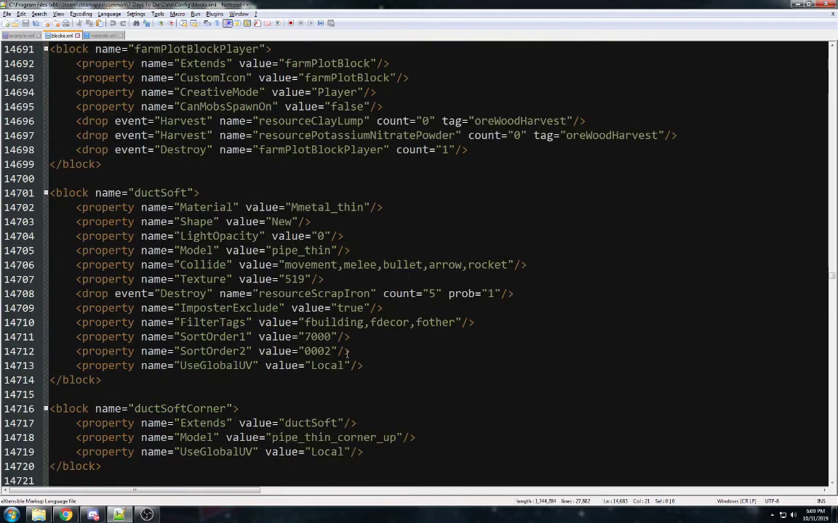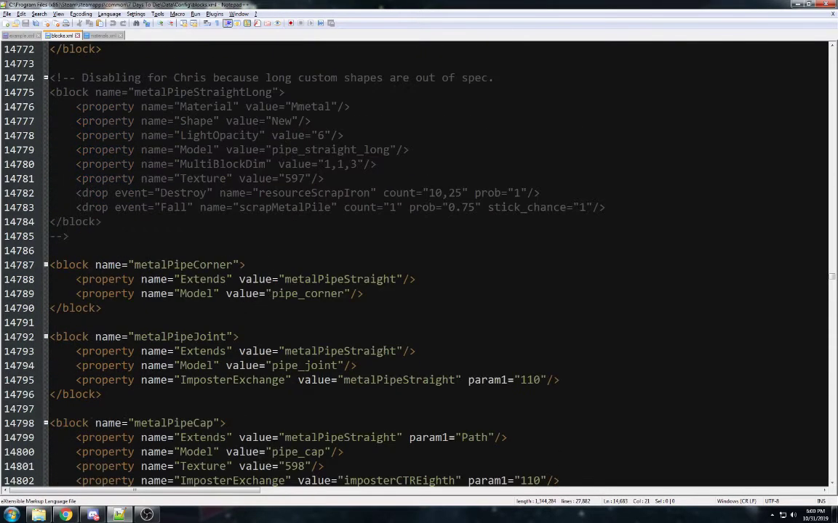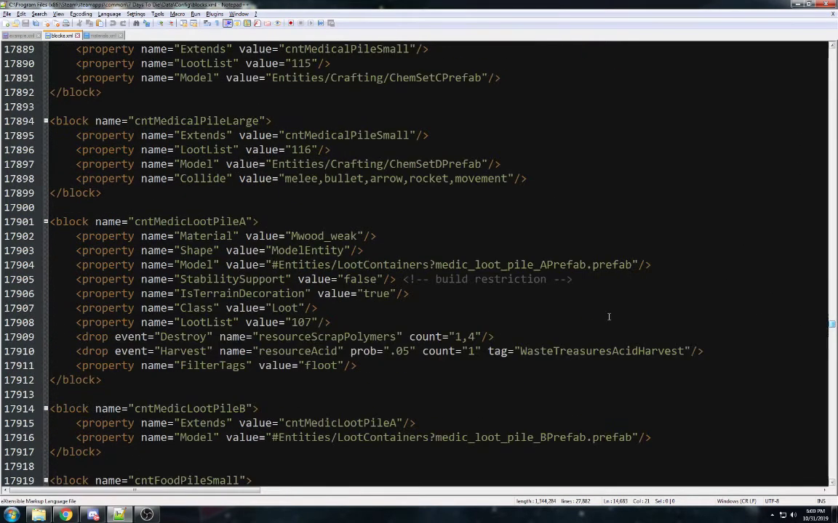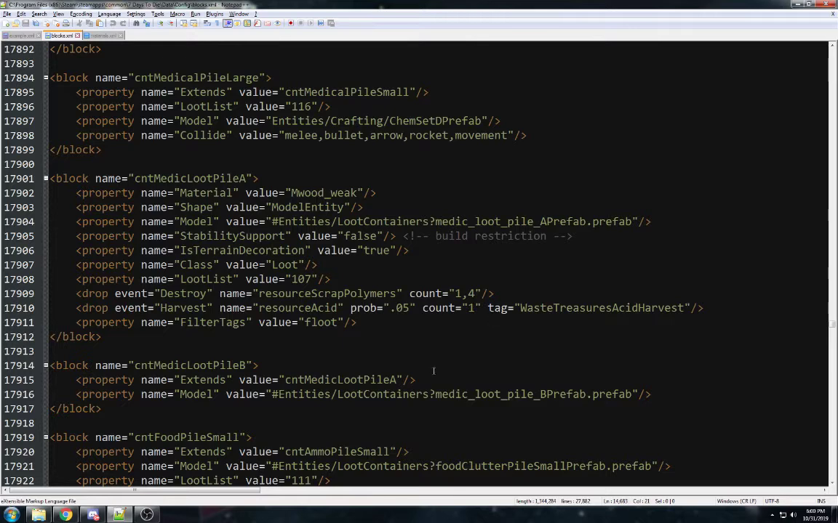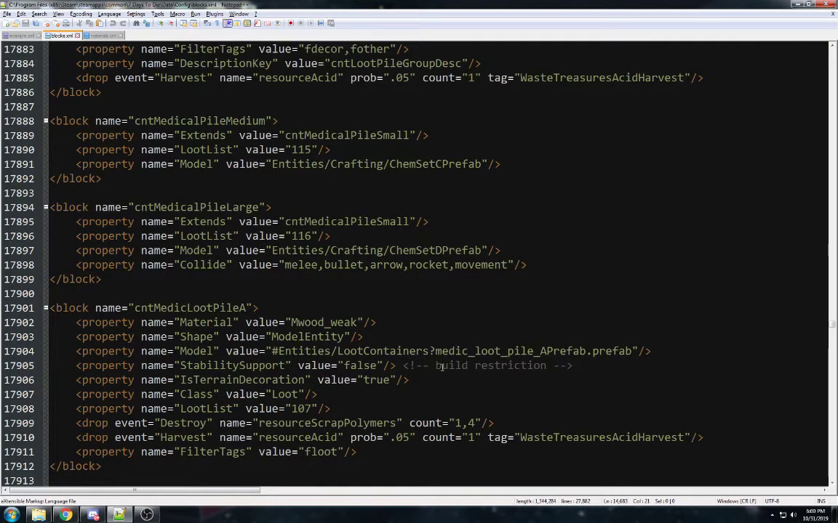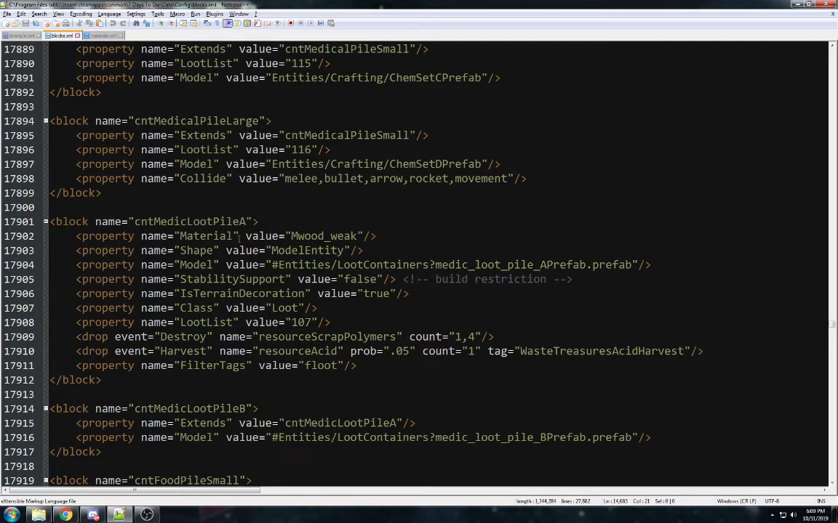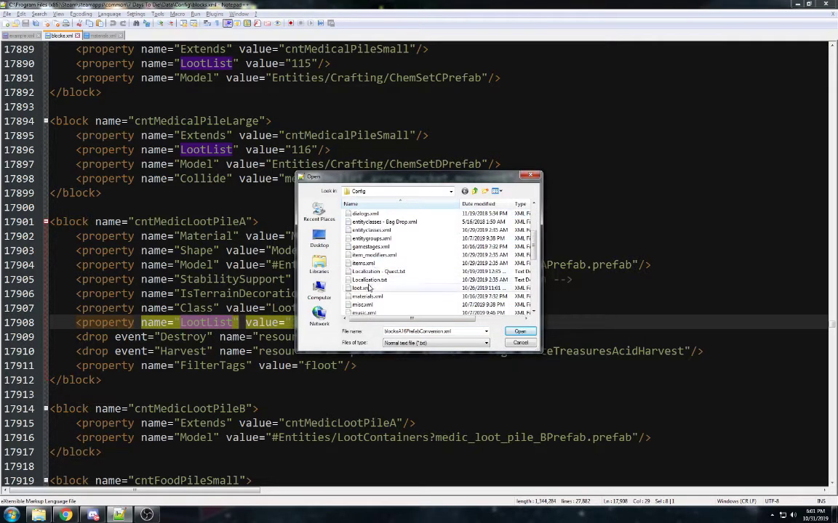Everything else is really not any details. Pretty much everything else we covered. The last part I want to cover is an important one. Medic pile, the tag loot list in here is vital. Okay, loot list calls back to a different XML file called loot. If we go to loot,